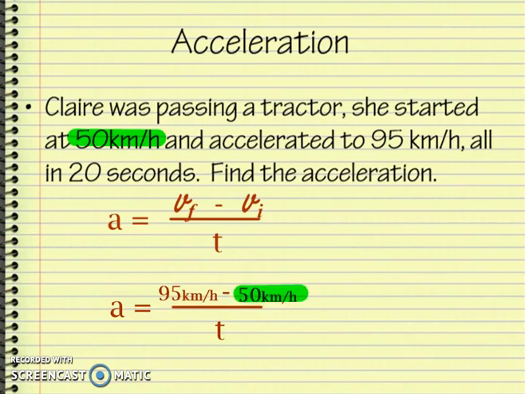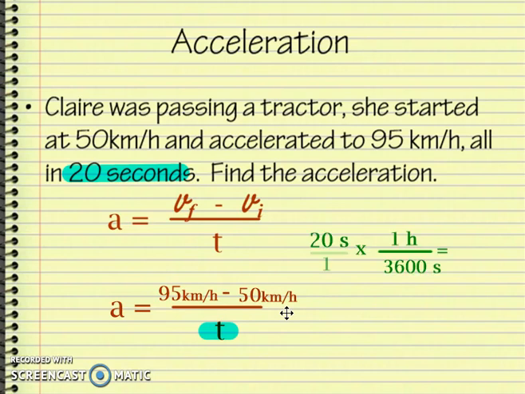Now we just need to know the time period. The time period, you'll notice, is 20 seconds, but we have a problem here because we have hours in our formula already, so we need to do some conversion. And here's a simple way for converting. You know that there is 60 seconds in a minute and 60 minutes in an hour, so I took 60 times 60, and I got 1 hour equals